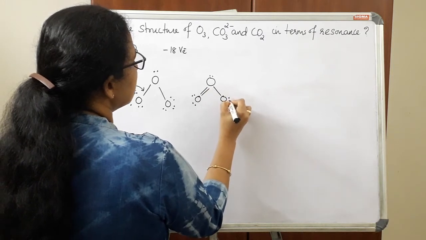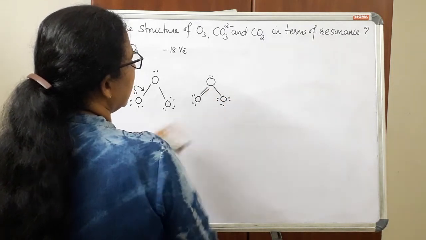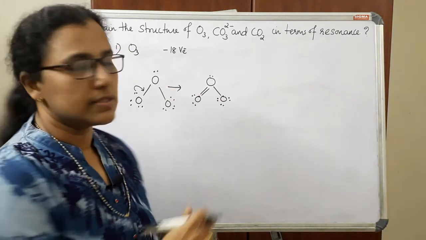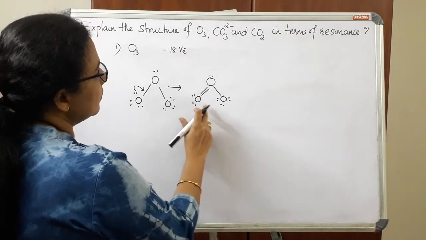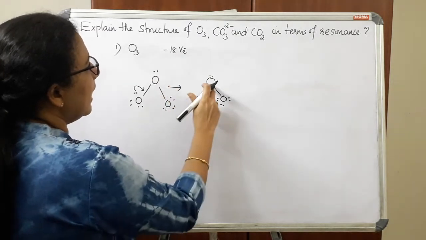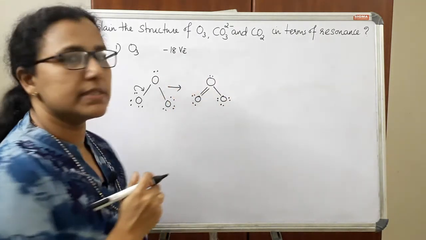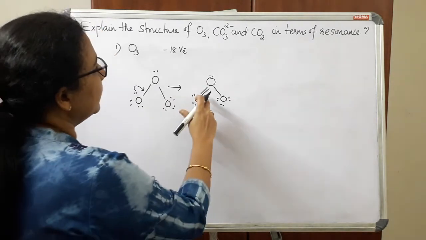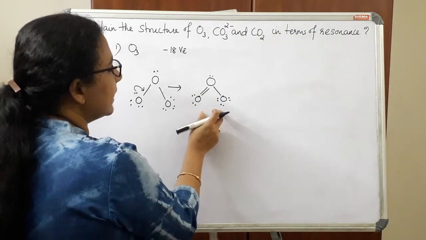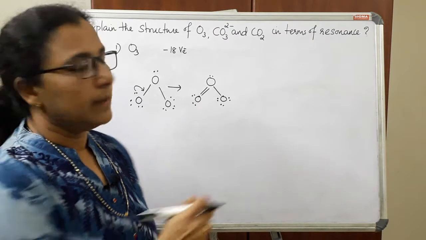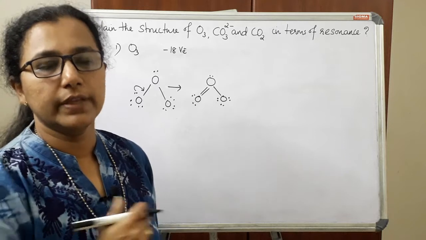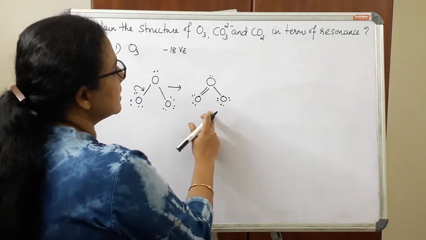In the case of ozone, we are actually drawing the Lewis structure like this. So this is the Lewis structure of ozone. Here we have distributed all the 18 valence electrons, and all the atoms attain octet configuration. Here there is a double bond and a single bond. This single structure is the Lewis structure of the ozone molecule, but it will not explain some properties of that molecule. So in that case, we can use the concept of resonance.